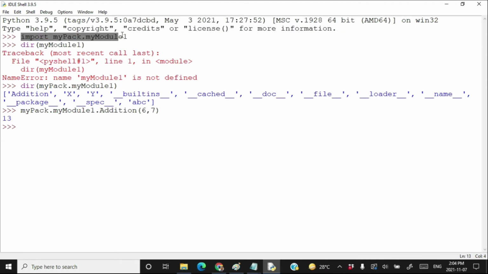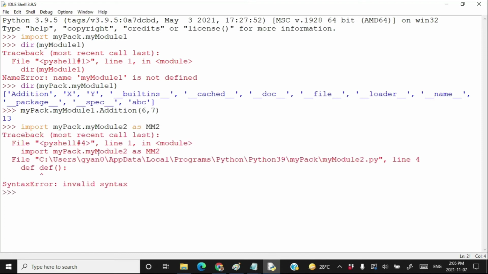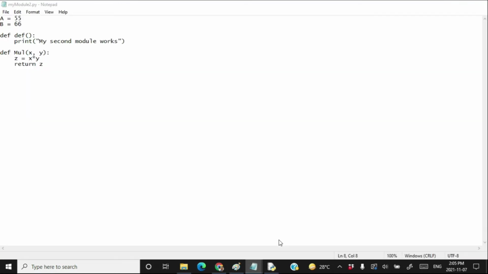So now we are going to import another module from the package mypack, and that module will be imported with a special name. So import mypack.mymodule2 as mm2. Press enter. The other error we have is in my module 2, the function name I have written is def, which you cannot write like this because def is a keyword in Python.